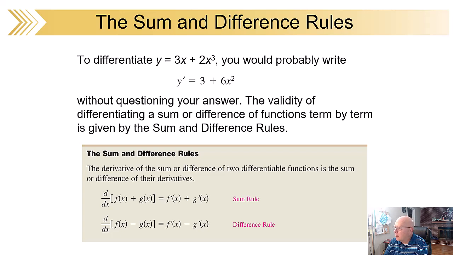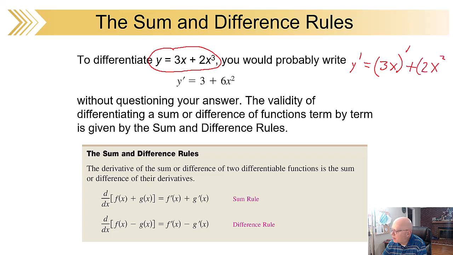So, suppose you want to take the derivative of this. So you want y prime, and what you do is you take the derivative of 3x. We're going to write it like this. The derivative of 3x plus the derivative of 2x cubed. So all you need to do is work them out individually. The derivative of the first one is just a 3. The derivative of the second one,